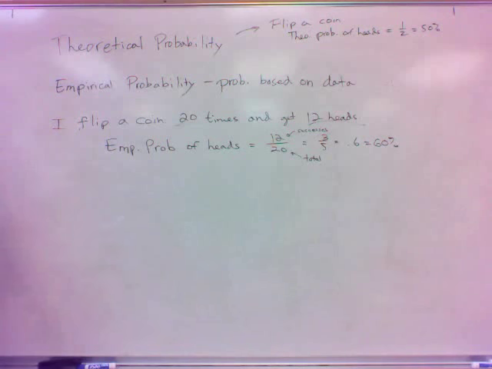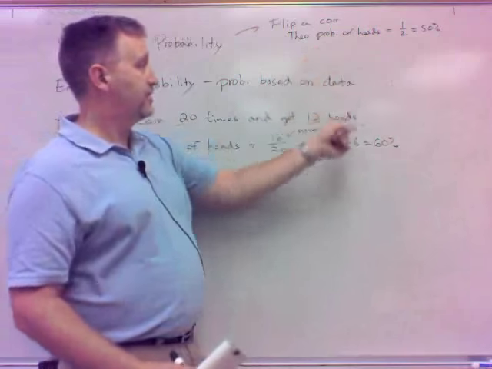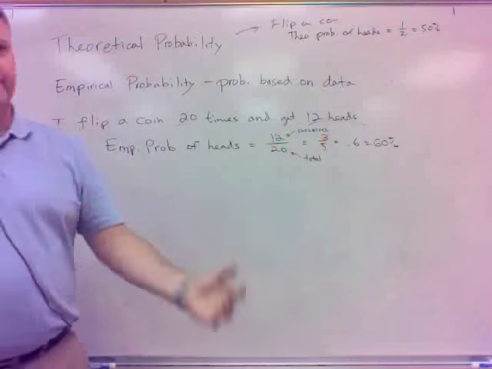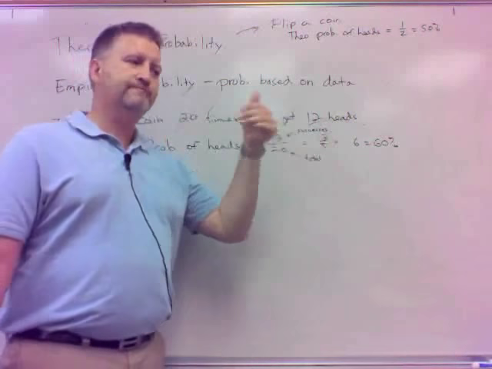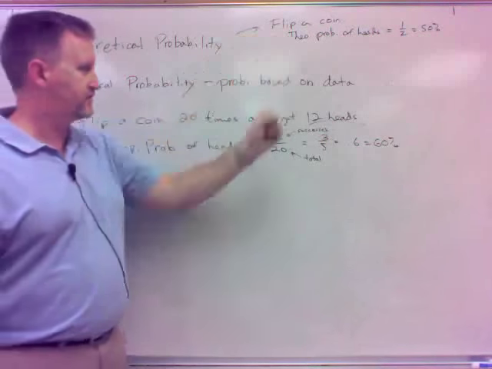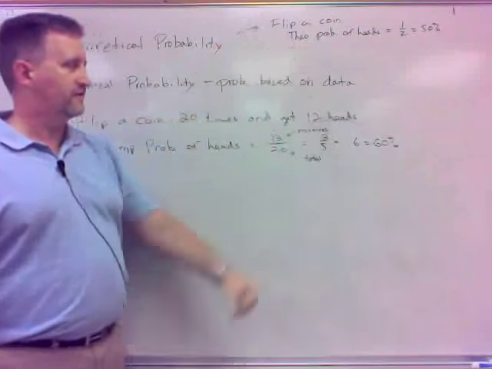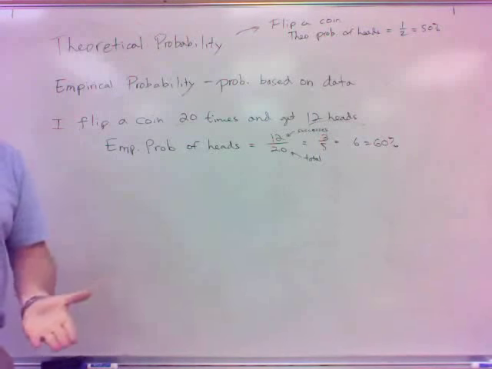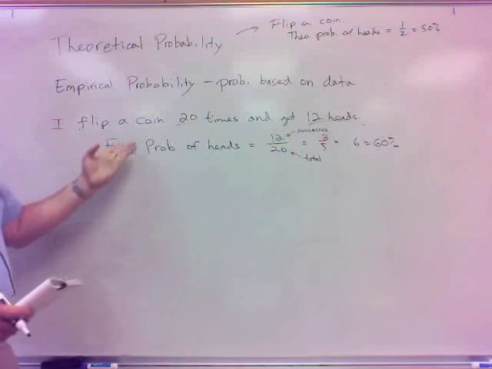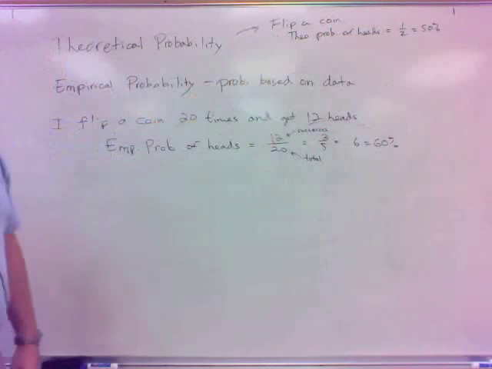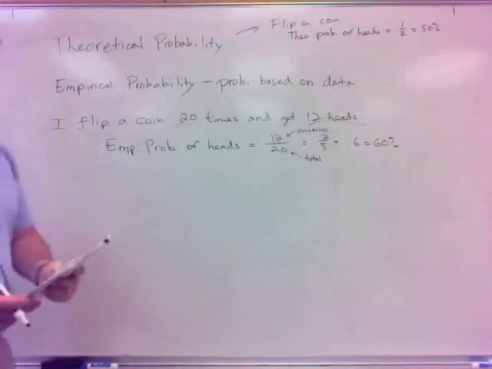Now, having said that, how could we more guarantee or get closer to the empirical matching the theoretical, you think? Just do more, yeah. Just do it more and more times. As you do more and more experiments, if we did it 50 times, we should get closer to the 50%. If we do it 100 times, we should get closer. If we do it 1,000 times, we should be getting pretty close. Yeah, that's called the law of large numbers. The more times you do the experiment, the more data you collect, the closer you'll get to your actual theoretical probability. So anyway, just be aware